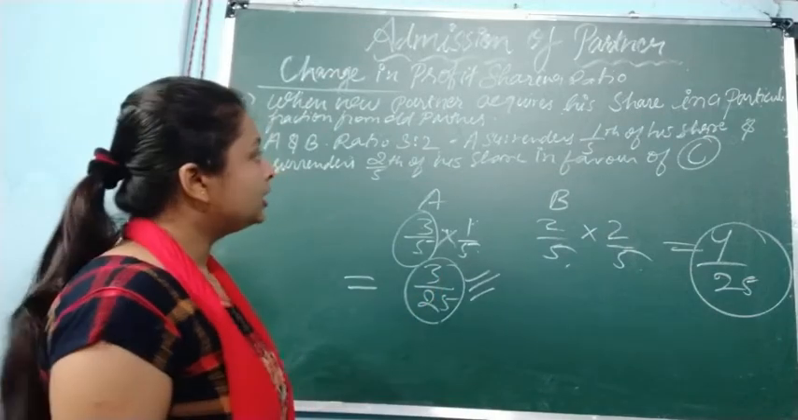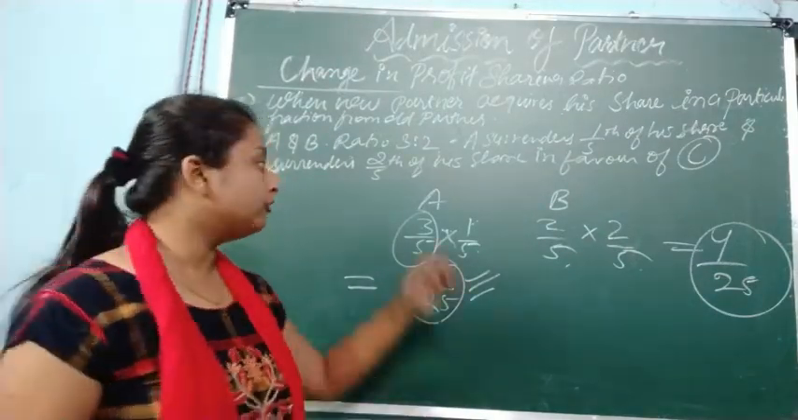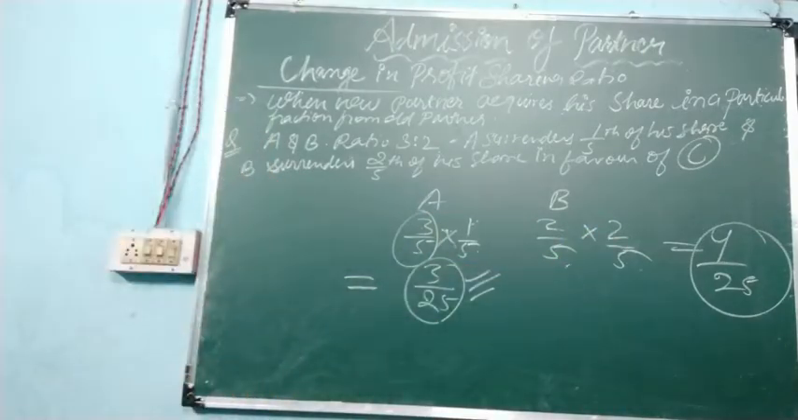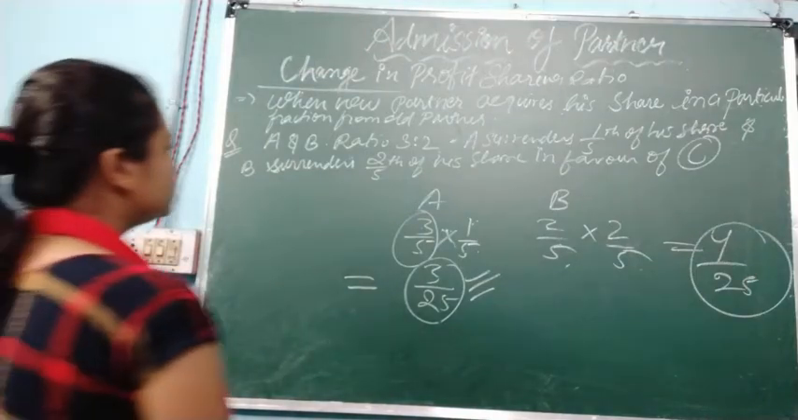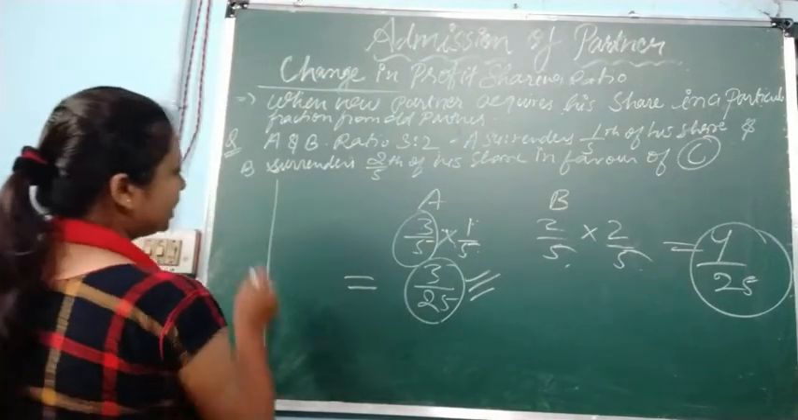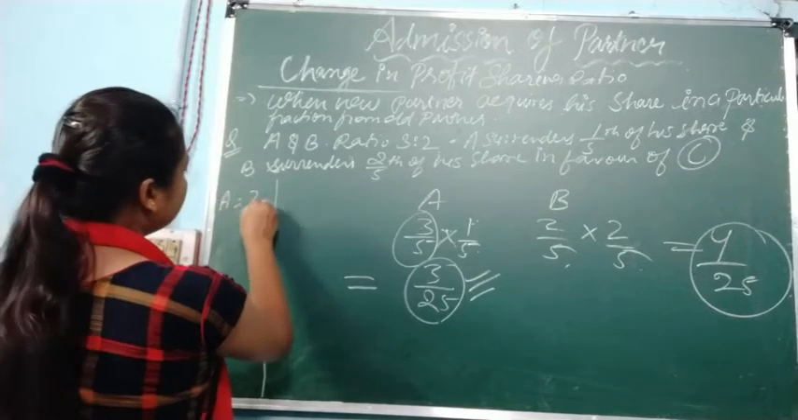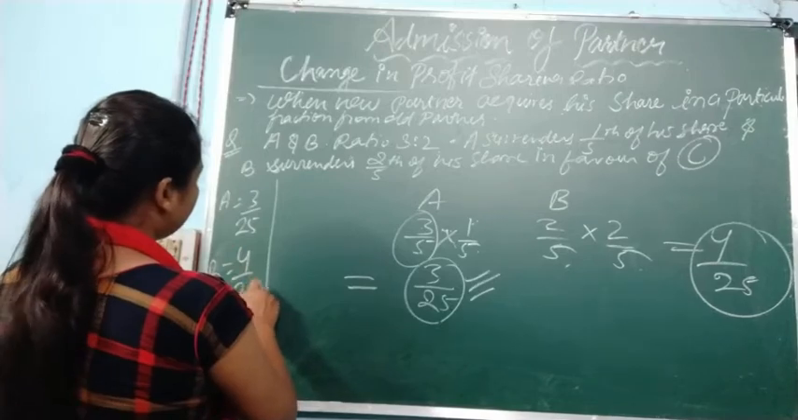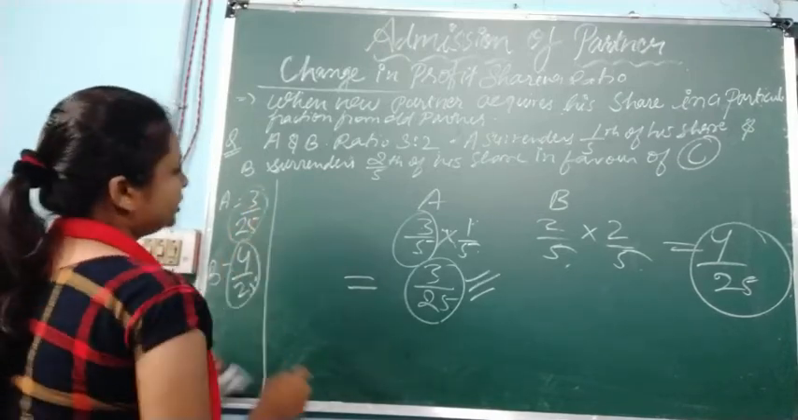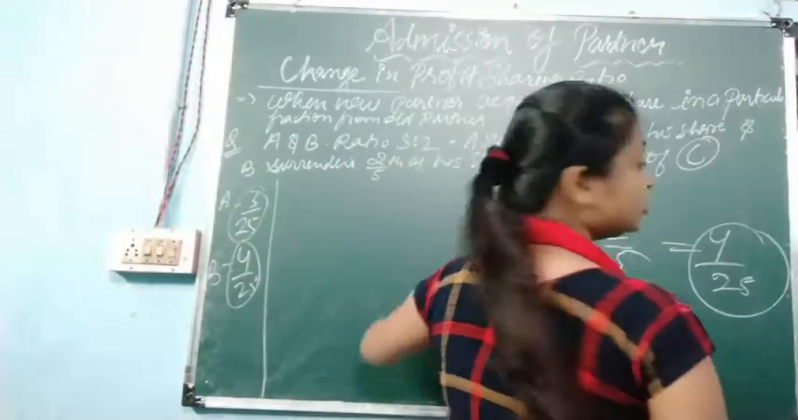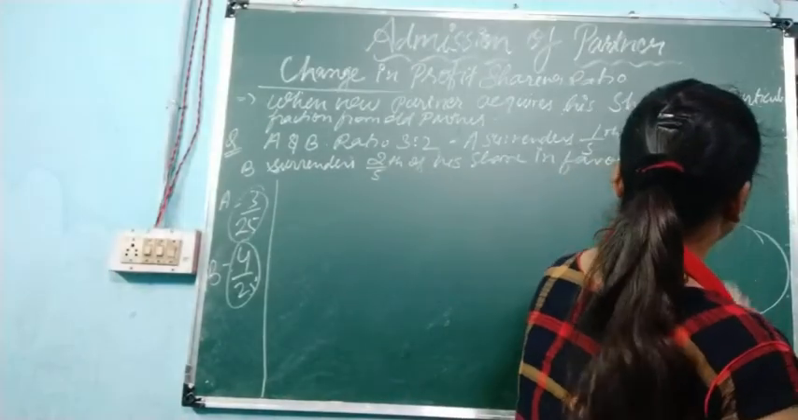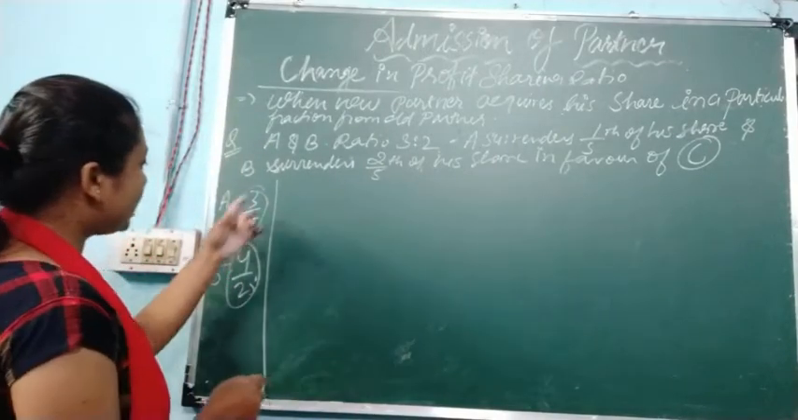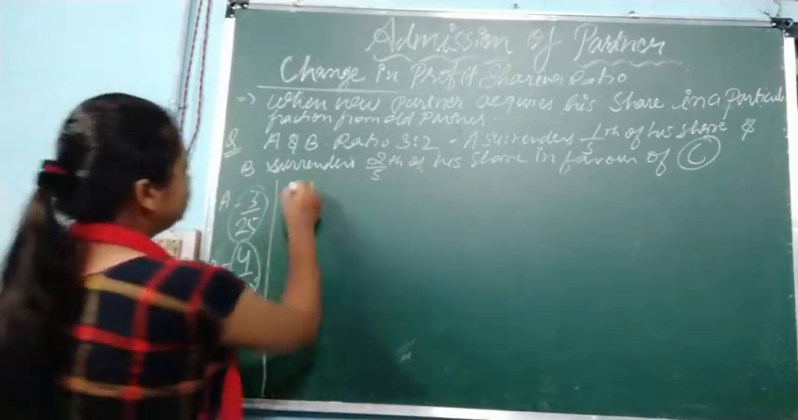Now we will calculate the new ratio of A, B and C. Now we got how much A will give and how much B will give. Now we are going to take out the ratios. So let's write somewhere that A will give 3/25 and B will give 4/25. Okay, this is the ratio. Now we will calculate the new profit sharing ratio. We have already calculated how much A will give, how much B will give. Now the new share